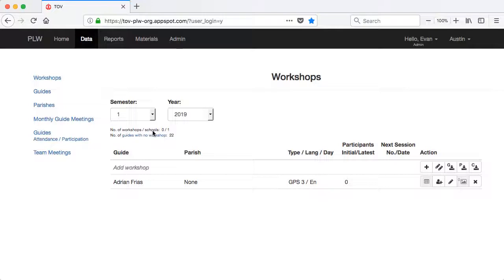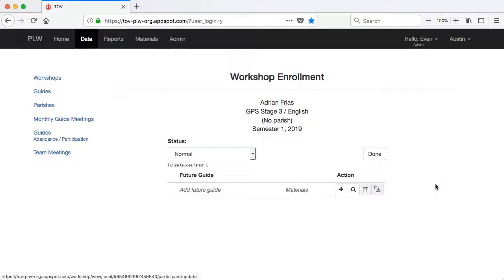The number of workshops / schools is 1. And the teaching guide is given credit for being working during that semester because of this Stage 3 school. So over here we see that we have edited the workshop, we've created it already, and that's all finished. The only other thing to do is to enter the enrollment. So we click on the enrollment tab,